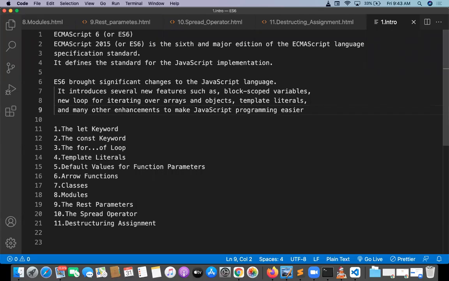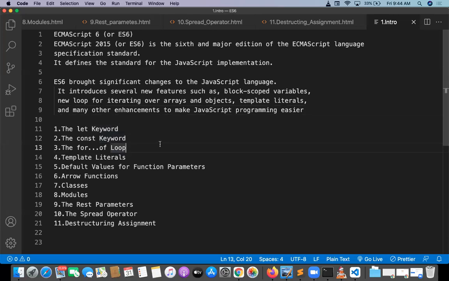The variable scope is limited to that particular function or that particular block. But whenever you define a variable with var, that variable is accessible throughout the application. That is a very big problem. Even in functions and loops, the variable can be accessed anywhere in the program. But that is restricted by the ES6 let keyword. And one more is the const keyword. The const keyword creates constants. The value cannot be changed at any time in the program. That is called the const keyword.